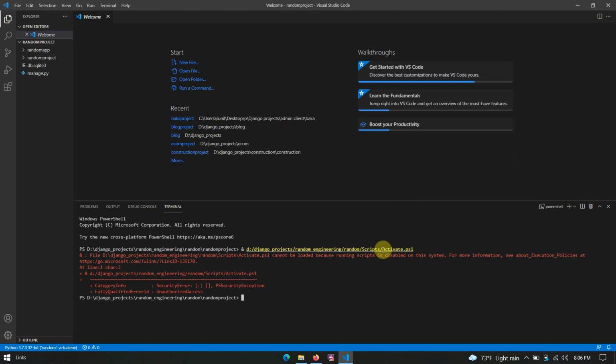Here we can see activate.ps1, but we got a problem. The error you can see says it cannot be loaded because running scripts is disabled on this system. You can see the error. What we have found is